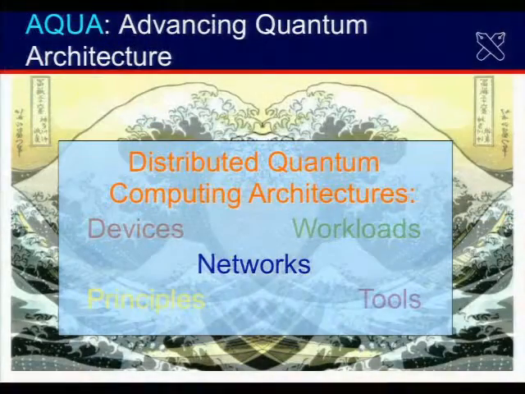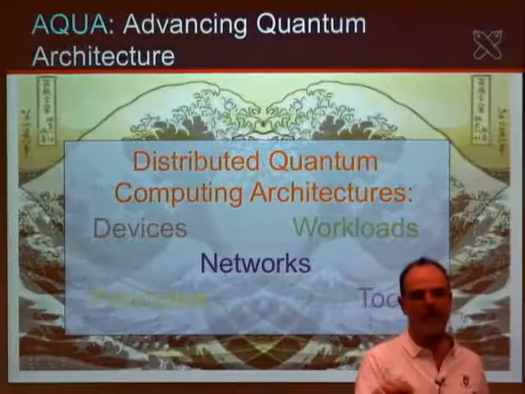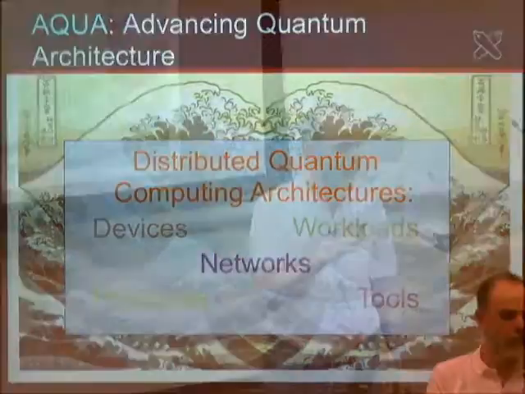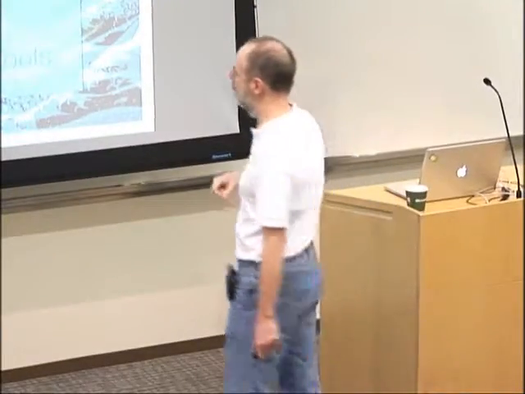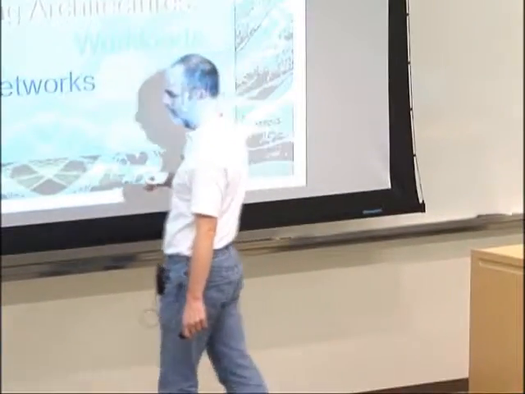So overall, my group, we call the group AQUA, which stands for Advancing Quantum Architecture. And we work more or less in 5 areas. The overall paradigm of what we're working on is distributed quantum computation, because I believe that individual systems are not going to scale to the levels that we really want in order to actually solve what you would call, I suppose, commercially relevant problems. Right? So we're interested in the design of these large-scale distributed systems.